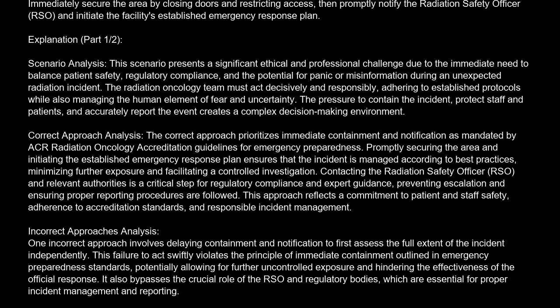Incorrect approaches analysis. One incorrect approach involves delaying containment and notification to first assess the full extent of the incident independently. This failure to act swiftly violates the principle of immediate containment outlined in emergency preparedness standards, potentially allowing for further uncontrolled exposure and hindering the effectiveness of the official response. It also bypasses the crucial role of the RSO and regulatory bodies, which are essential for proper incident management and